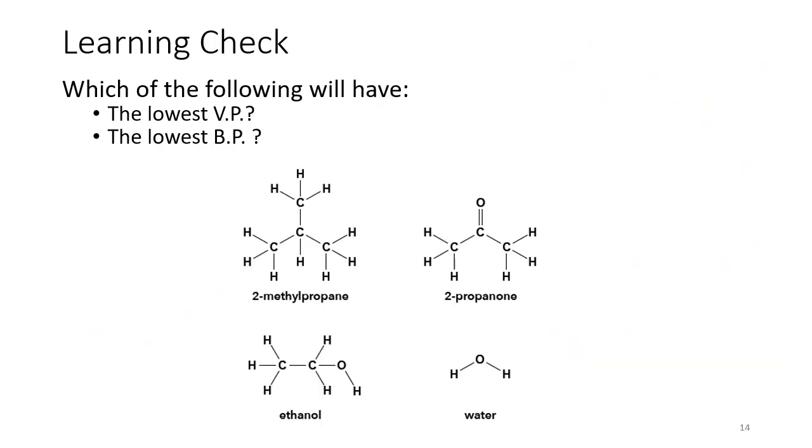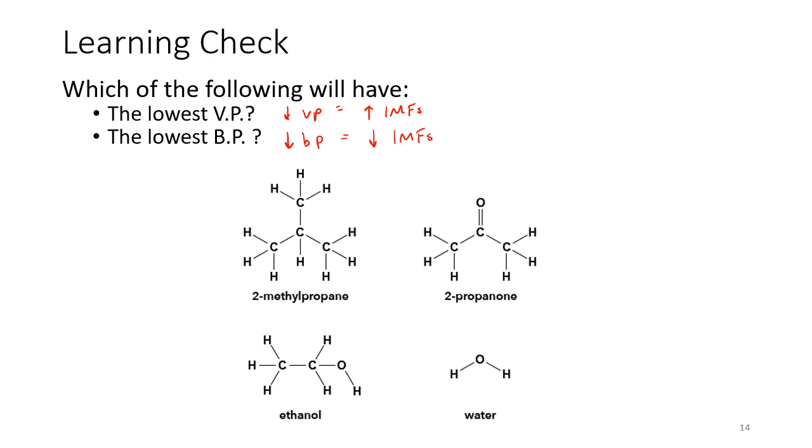Which of the following will have the lowest vapor pressure, and which of the following will have the lowest boiling point? The molecule with the lowest vapor pressure is going to be the one that has the strongest intermolecular forces of attraction. There's an inverse relationship between the two. On the other hand, the molecule with the lowest boiling point is going to be the one with the weakest intermolecular forces of attraction. So first we need to determine which IMFs are present in each of the 4 molecules: